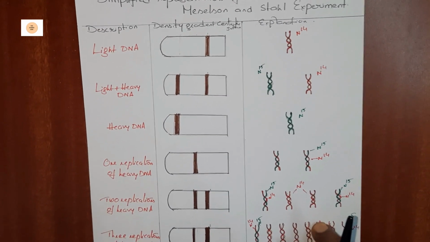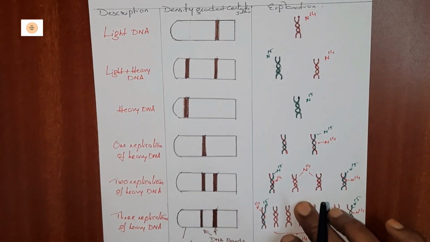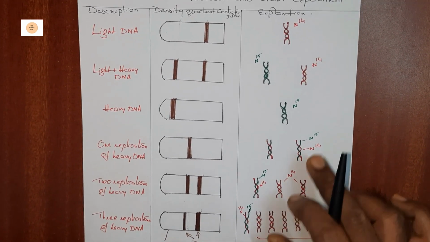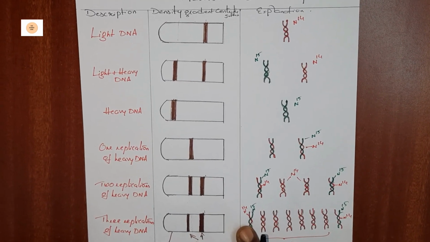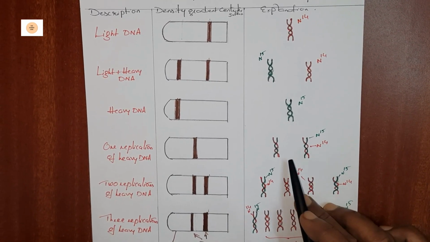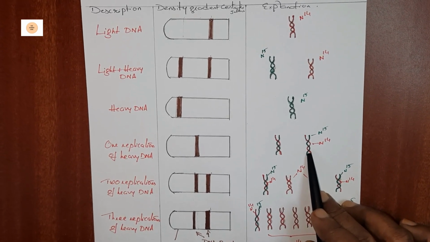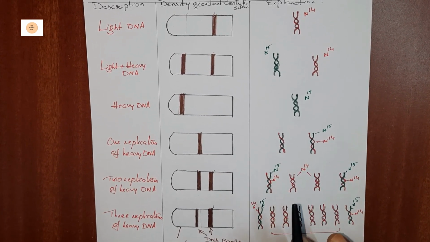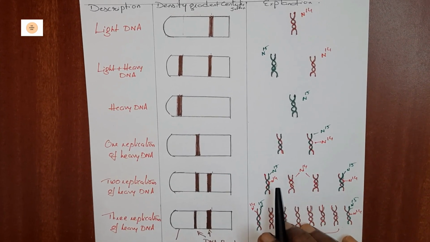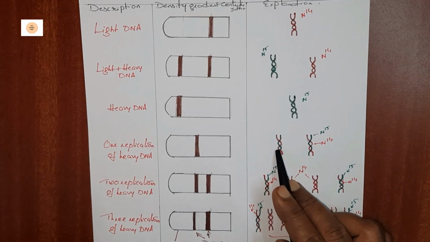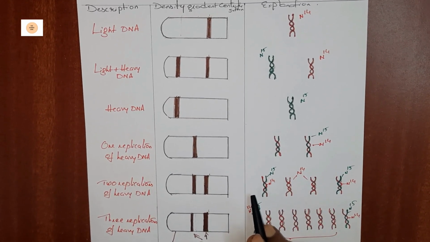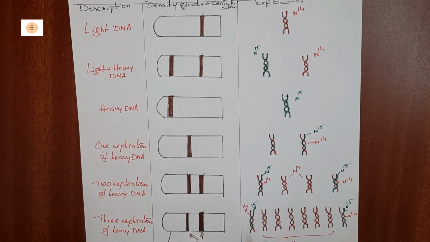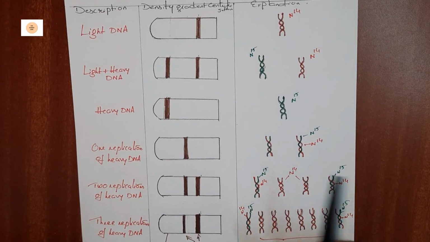So what are the important features of semi-conservative replication? First, progressive separation of the two strands of the DNA molecule that undergoes replication. The second is complementary base pairing of the bases located in the single-strand regions with the appropriate free dNTPs. Then, formation of phosphodiester linkages between the neighboring deoxyribonucleotides that have base paired with the single strand. This shows that the base sequences of the new strands are complementary to those of the old strands. Each DNA molecule produced by replication has one old strand and one new strand.